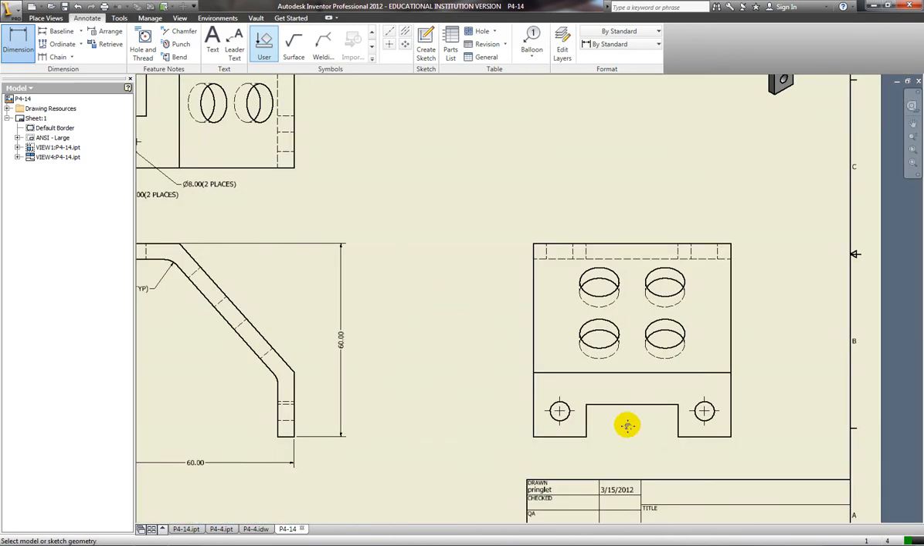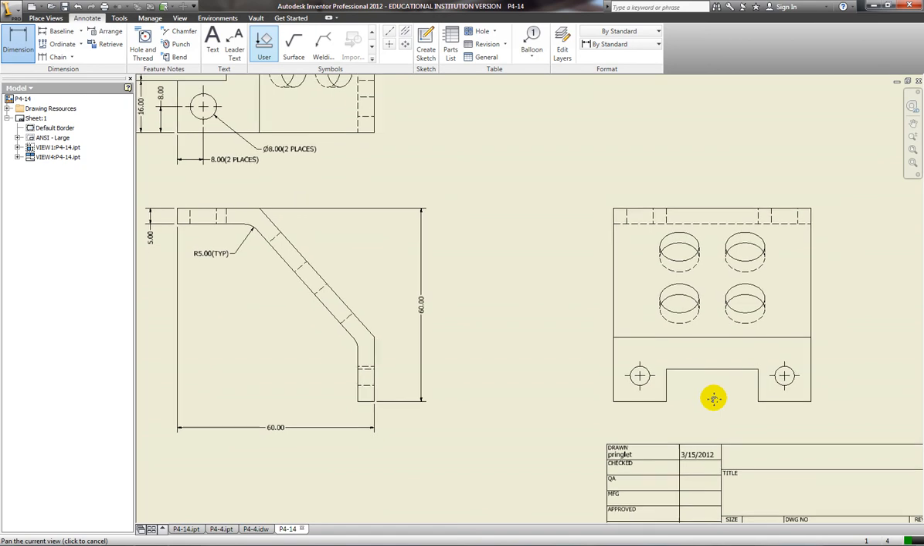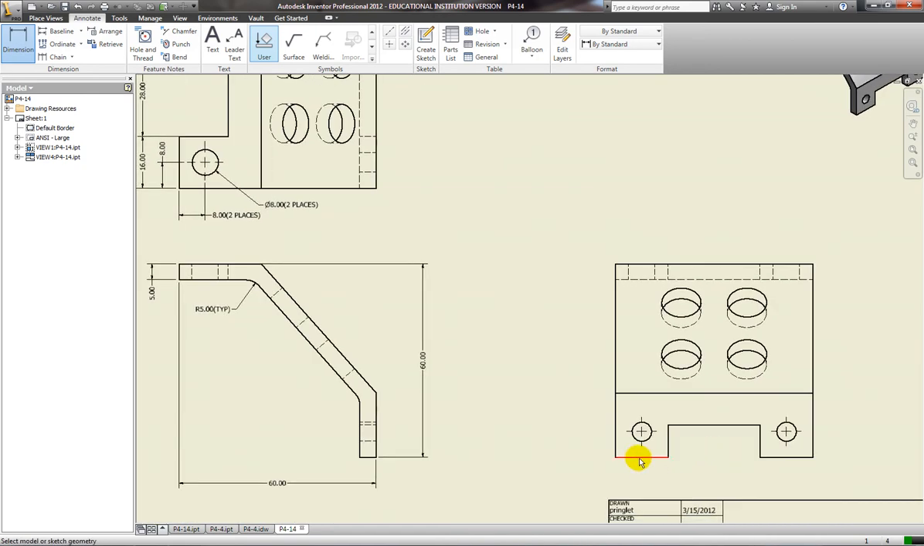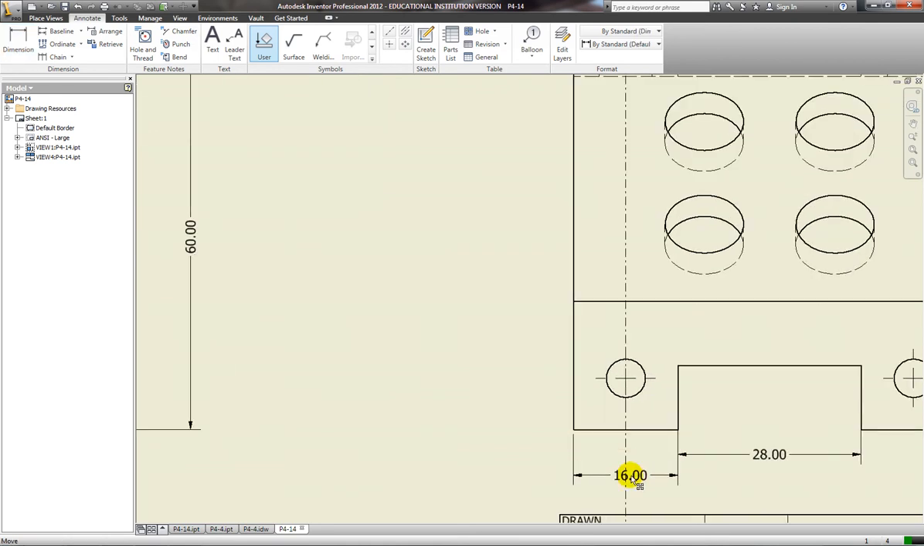Now I'm going to come over here and I'm pretty much going to recreate what I had up there over here. I'm going to put a dimension on here for this at 16. We'll put this in here at 28. I do want to move this down a little bit and move this down. I don't need the overall because I had that on the previous one. So I can place a dimension in here